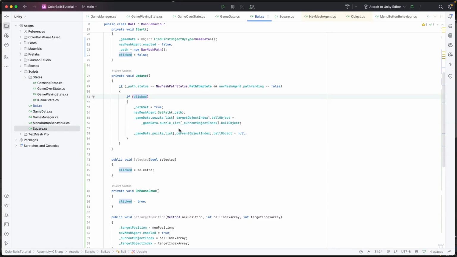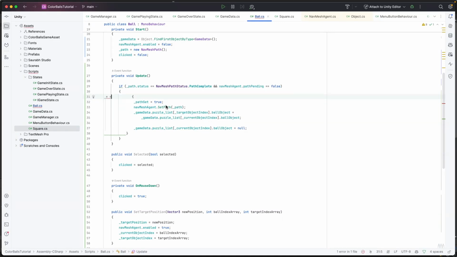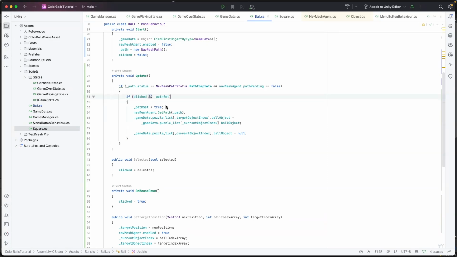And we actually want to also check, because if this is clicked, we can click on multiple balls and move them straight away at the same time. So to prevent that, we want to actually put the path set. So if it's clicked and the path set is equal to false. Okay, so that way, and then otherwise,